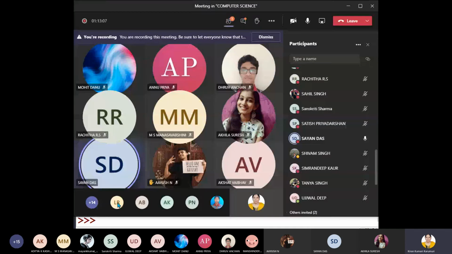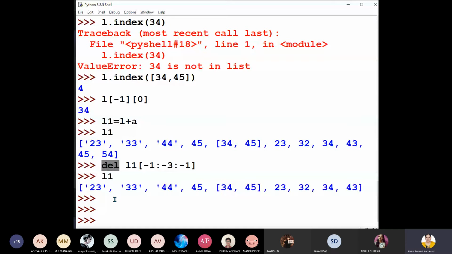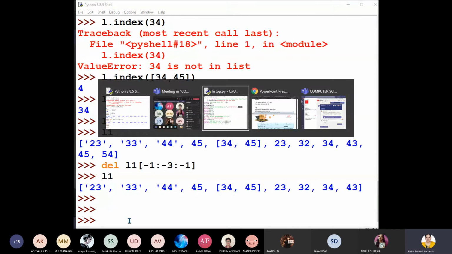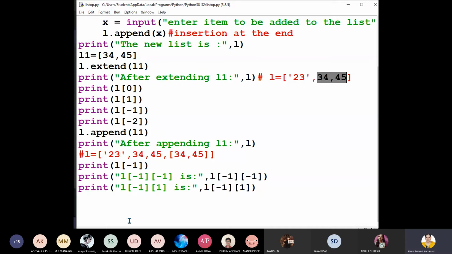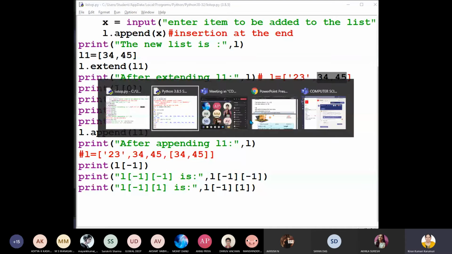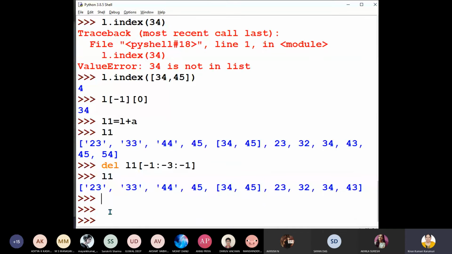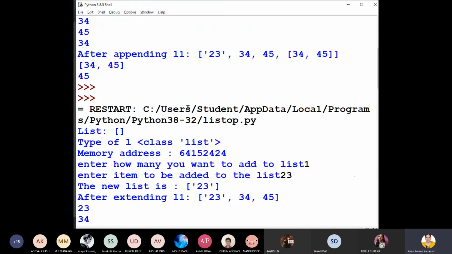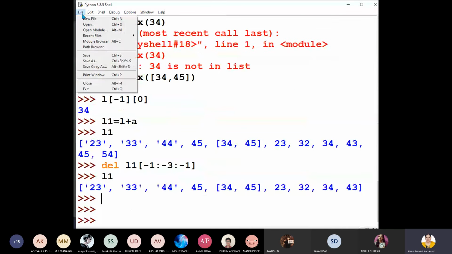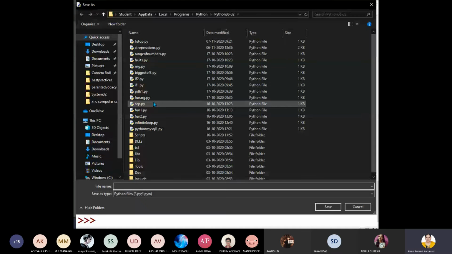Yes. Okay. Any other doubt? No, ma'am. Okay, fine. So now del function I have shown you, right? Now let's go and see remove function, pop function. Okay, pop. Pop means removal from the top. So now L1 dot pop. Here, L1. Have you all noted down, children? Have you all noted down? Yes or no?